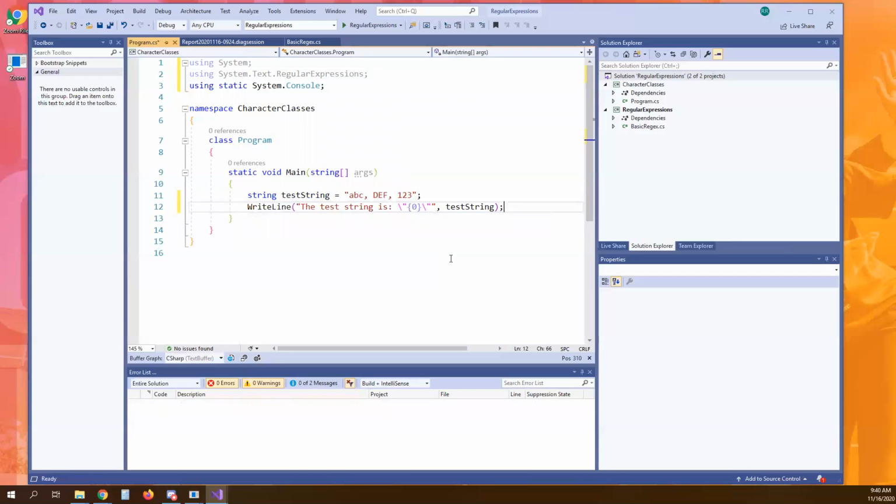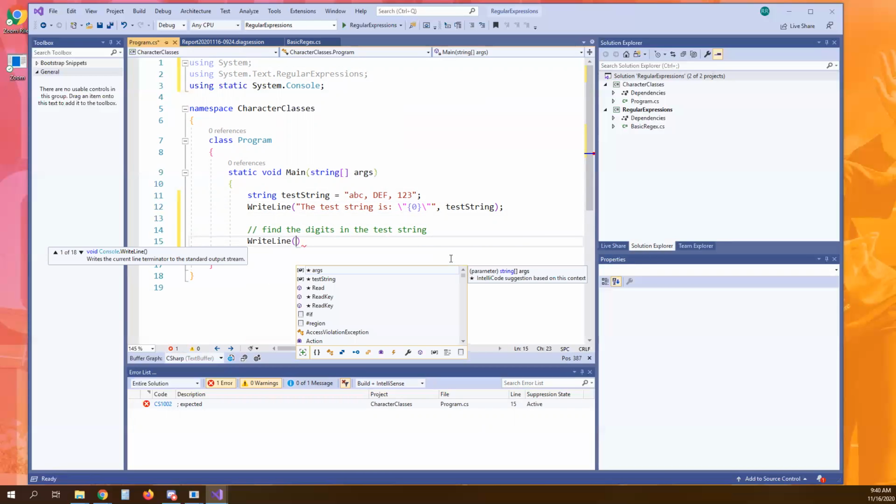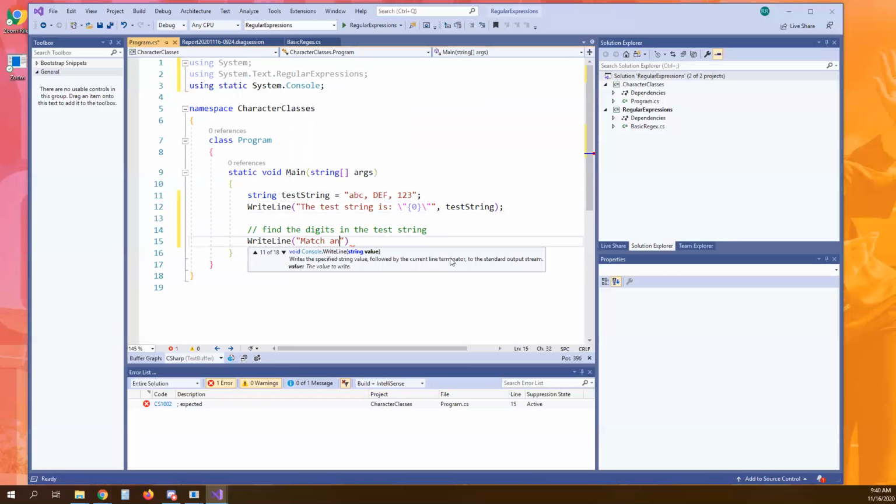Okay, so parameter 0, we want our test string to be output. We want it to be embedded within double quotes, hence we have the slashes as escape characters to make all that print out that way. So the first thing we want to do is find the digits. So I'm going to do a WriteLine with a heading, match any digit. And then our output,